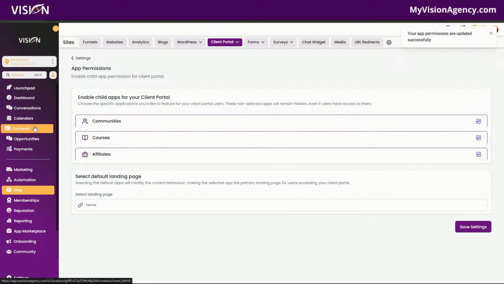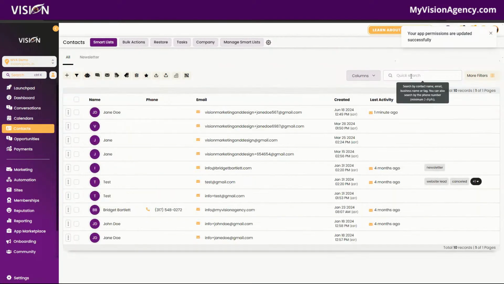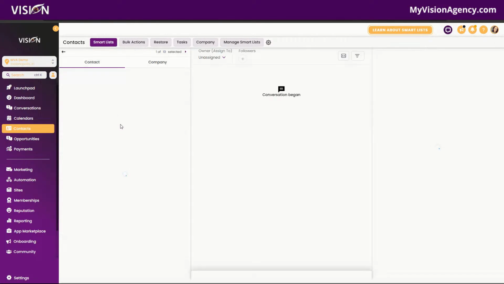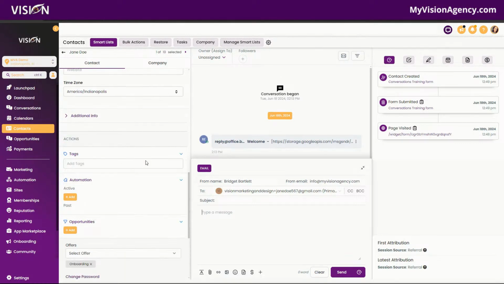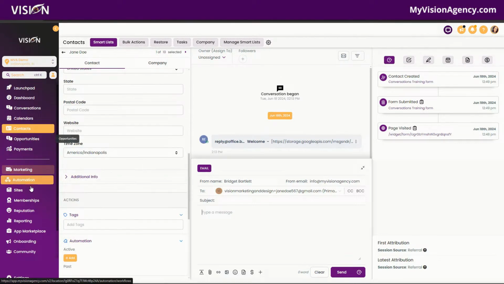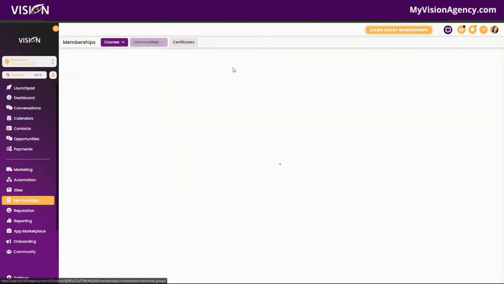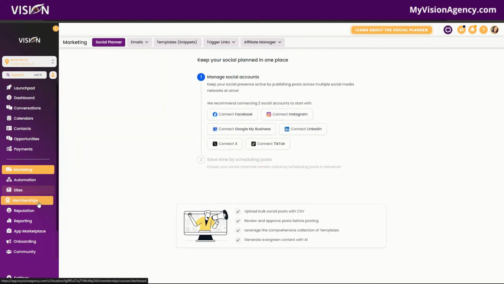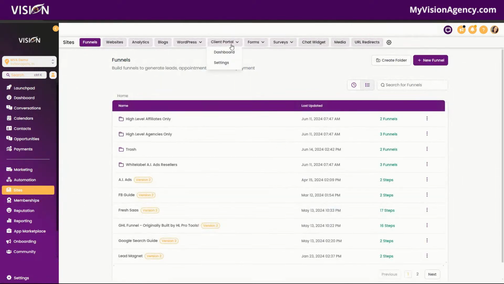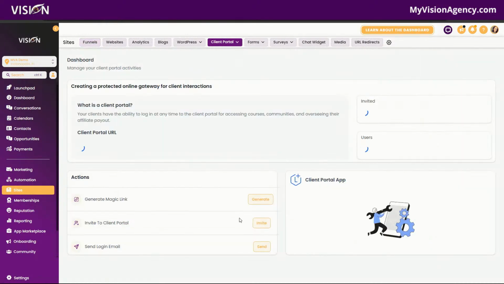And then if I was wanting to give Jane Doe access to that course, same thing, I would just come down here and then say access to the onboarding. Okay. I could also go into my client dashboard. So let's go to memberships and go to communities. I could go inside of the community and give access. I could also go, let's go into sites, go to the client portal, go to the dashboard, and I could